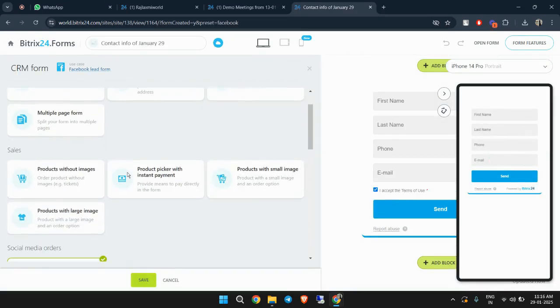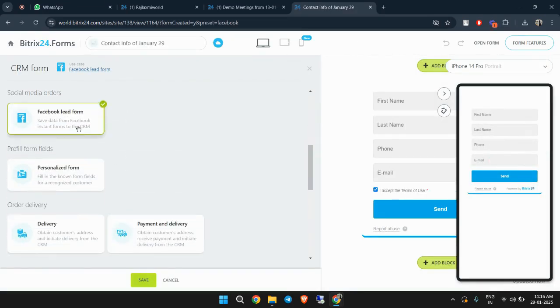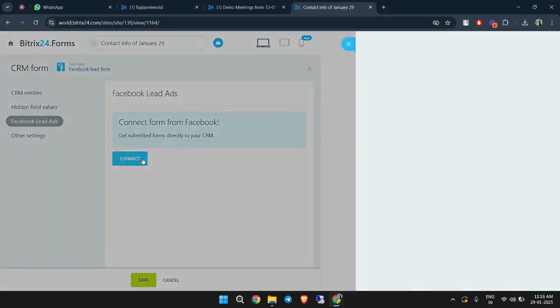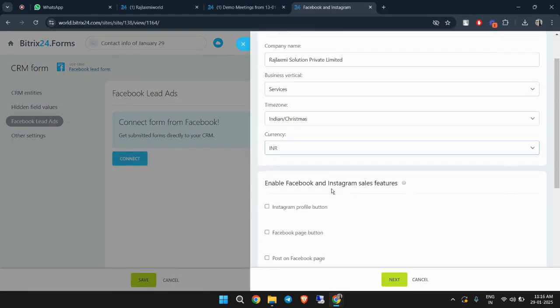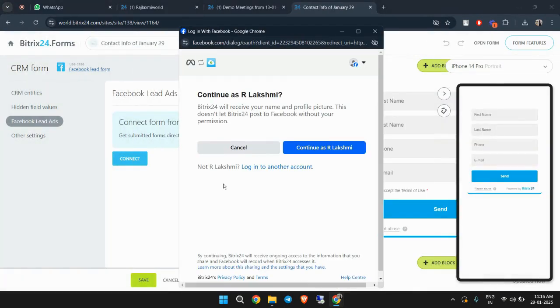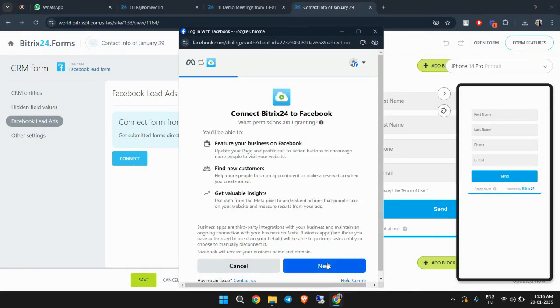After clicking on the create form option, we have to just select the Facebook lead form and now we have to connect the Facebook to our CRM. By clicking on the connect option, we can connect our Facebook to the CRM. We have to just click on the next option and a pop-up screen will be visible to you. Now you have to log in to your account and you have to click on the continue option and click on